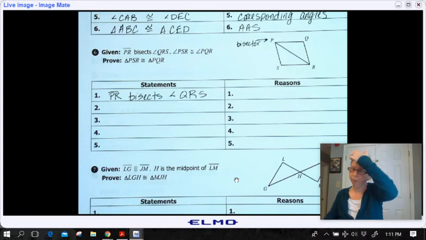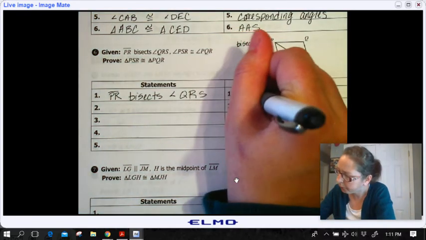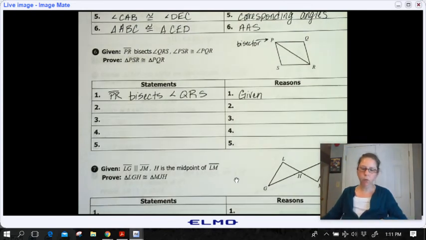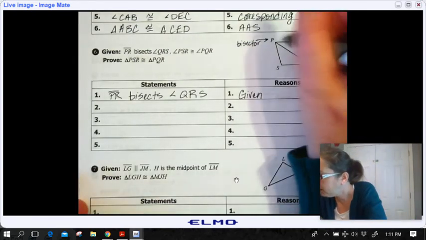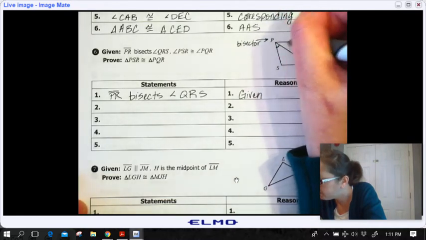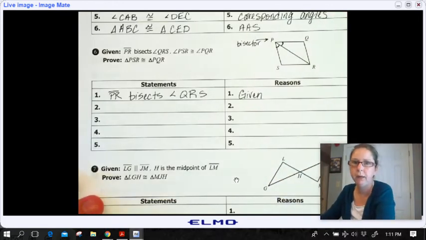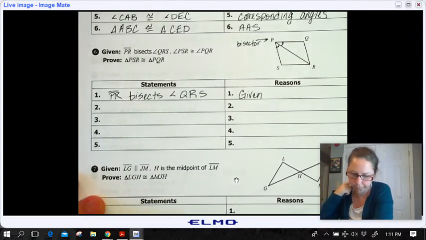QRS. Okay. So I know that because it was given to me. And now let's think about what is an angle bisector. An angle bisector cuts this big angle into two equal parts, okay? So I can say SQR,